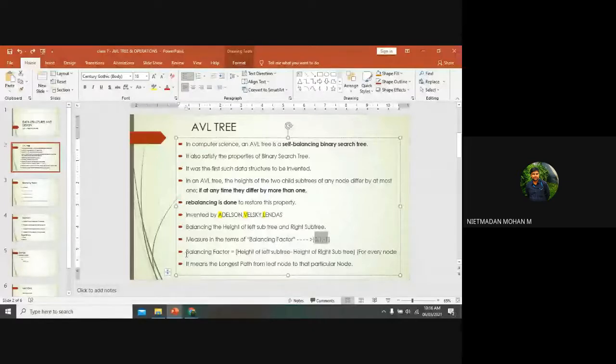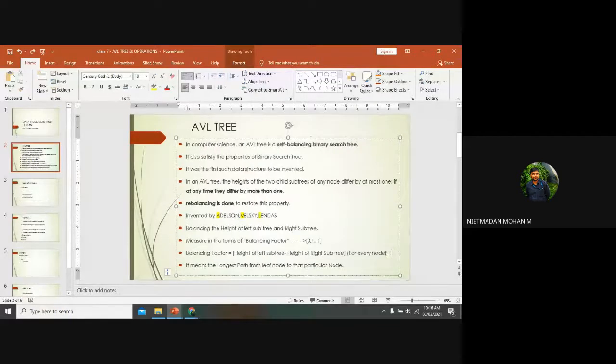So how do we find the balancing factor? It is the height of the left subtree minus the height of the right subtree. This has to be done for every node, not only one node. We want to start from the leaf node up to the root node. For each and every node, we find the balancing factor. If the balancing factor is not satisfied at any one node, then you stop there and do a rotation method over there,